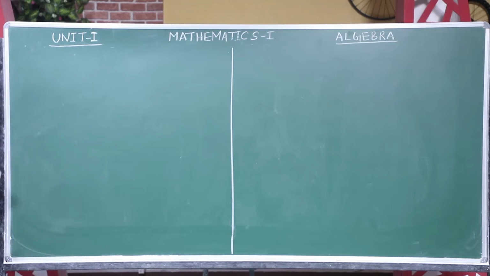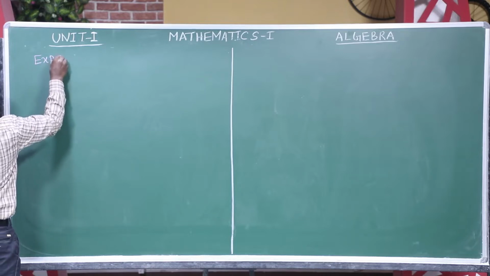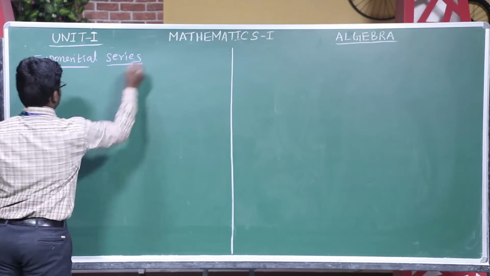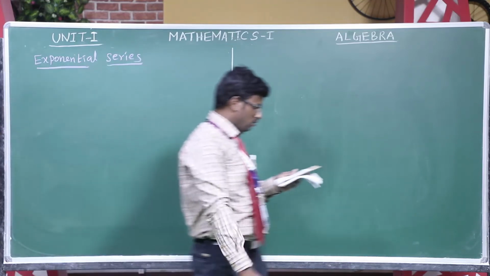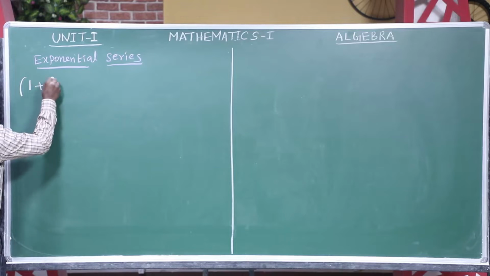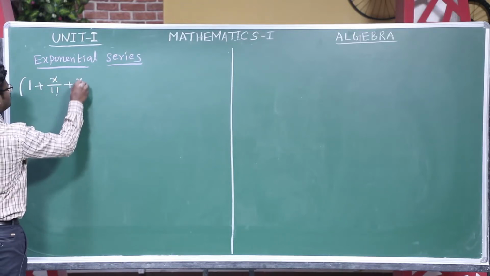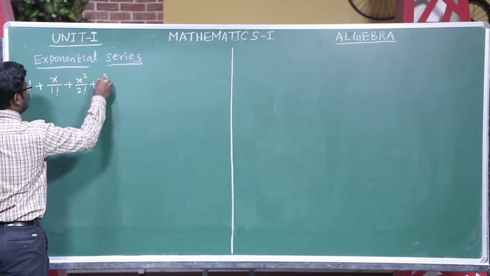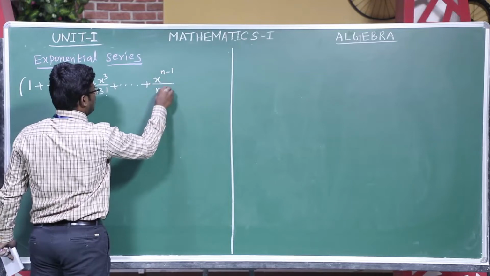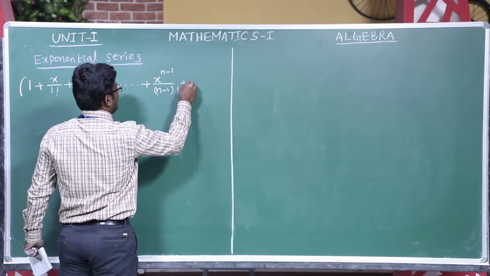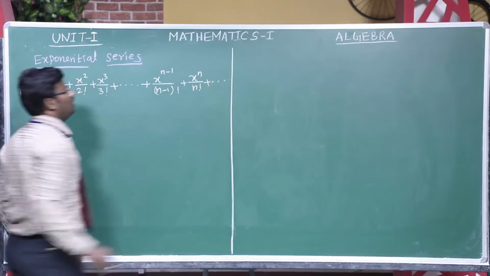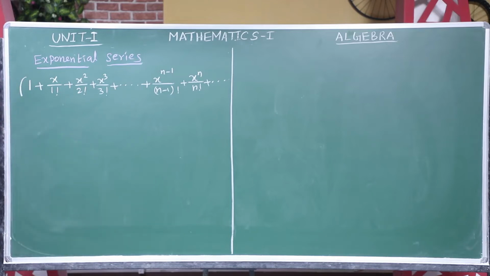Next, our topic is exponential series. For the real value of x, the sum of the series 1 plus x by 1 factorial plus x square by 2 factorial plus x cube by 3 factorial plus etc. plus x power n minus 1 by n minus 1 factorial plus x power n by n factorial plus up to etc. going on, is e power x, where